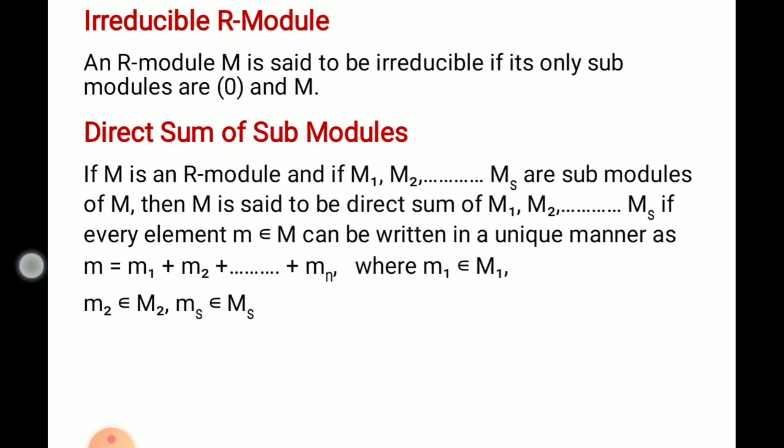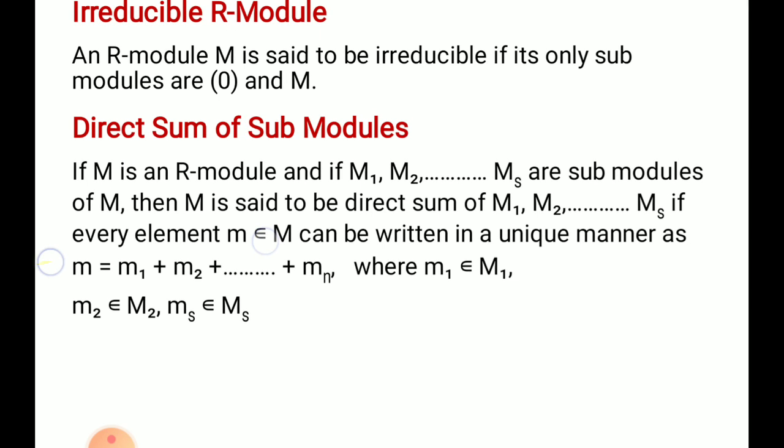The definition is, if M is an R module and M1, M2, ..., Ms are submodules of M. That means R module M has s submodules which are denoted by M1, M2, ..., Ms. Then the R module M is said to be the direct sum of the submodules M1, M2, ..., Ms if every element of module M can be written in a unique manner as m = m1 + m2 + ... + ms. It should be ms because we have taken s submodules,